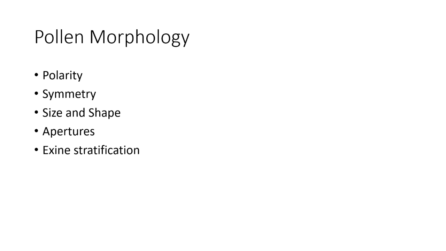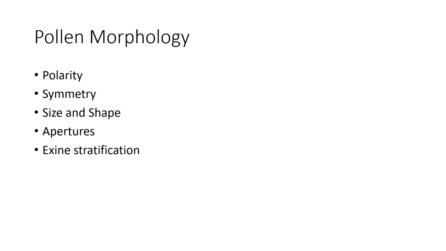The pollen tube is formed, and in that pollen tube there is a cytoplasm, there is a tube nucleus, and there are two male gametes which are moving towards the female gametophyte. That is called siphonogamy. We have learned this. So the main function of this pollen tube is to carry the male gametes up to the female gamete, and that tube is coming from the aperture. So aperture is a must. So those spores or pollen grains which have the apertures are called aperturate.